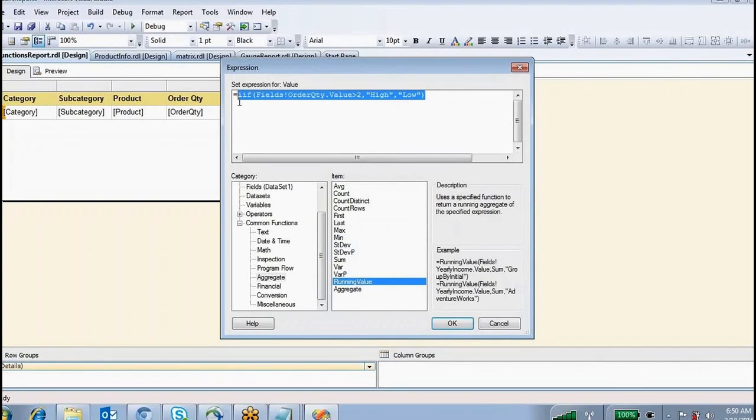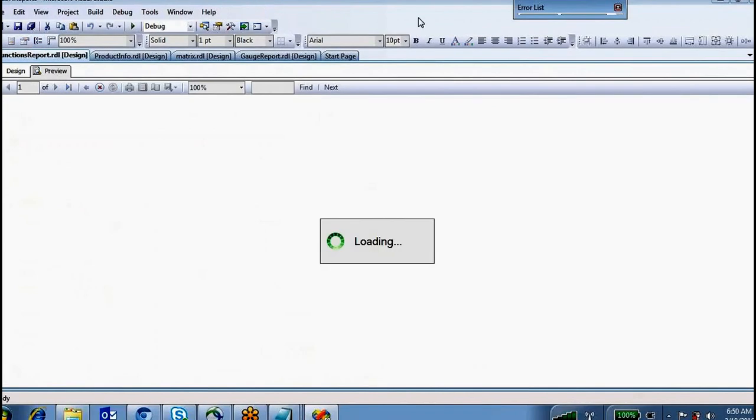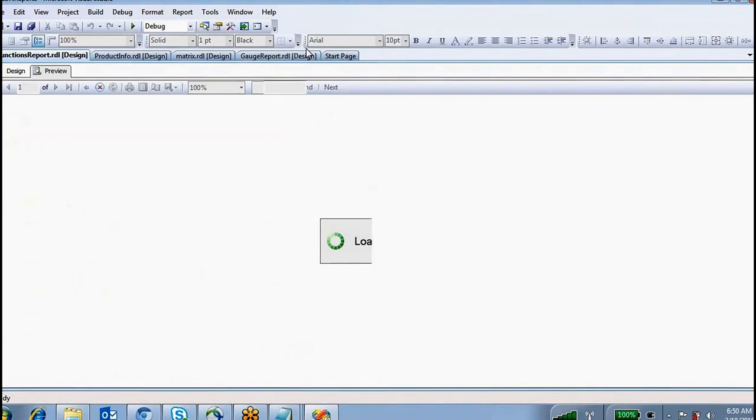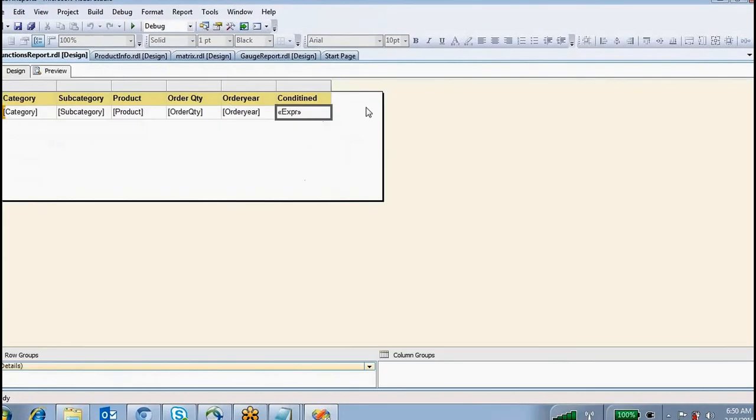For example, if you want to add the order quantities one by one with the recent value, like this. See, this is 1, right? So the order quantity is 1. So this is 3, 3 plus 1, 4. So 4 plus 1, 5. 5 plus 1, 6. 6 plus 1, 7. 7 plus 2, 9. So in this way, if you want to add the running value, how do you do this? We can write it like this.